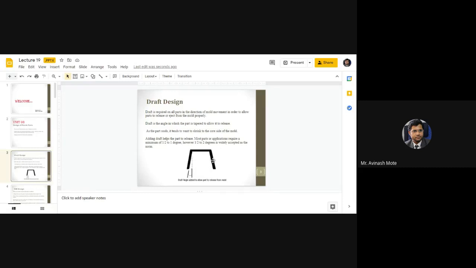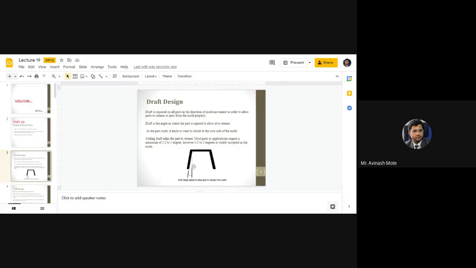But see, when this kind of mold is there and you pour the liquid material, and then you try to remove the solid component from the mold, because of this larger contact area, the component will stick to the mold. It is very difficult to remove the component from this mold. So what we are doing is giving this inclined surface, adjusting the contact area.